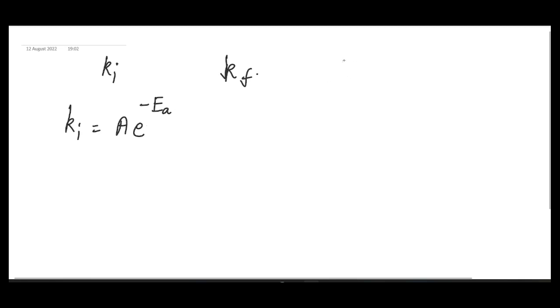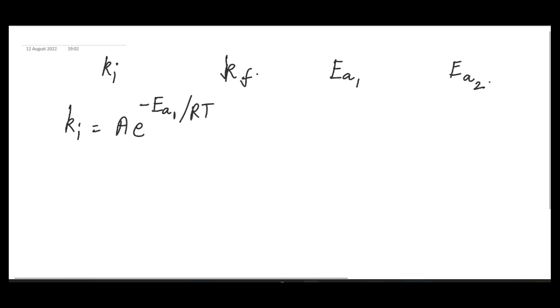Let us say the activation energy initially was EA1, and after adding the catalyst the activation energy got reduced to EA2. Now since this first equation relates the initial rate, this is nothing but minus EA1 by